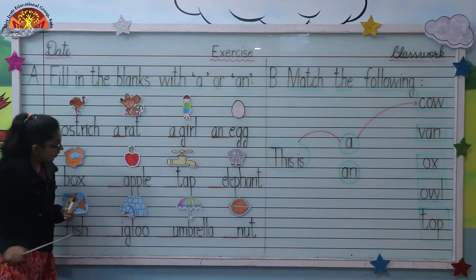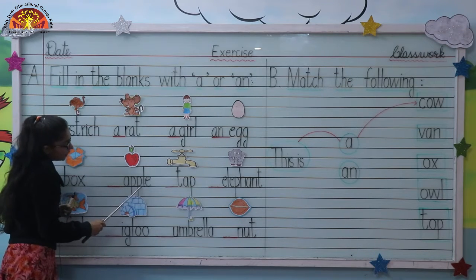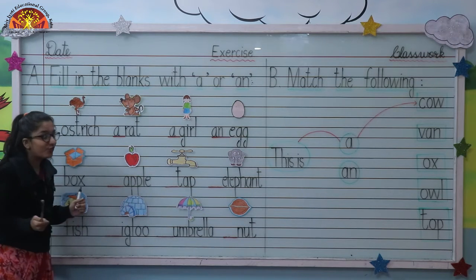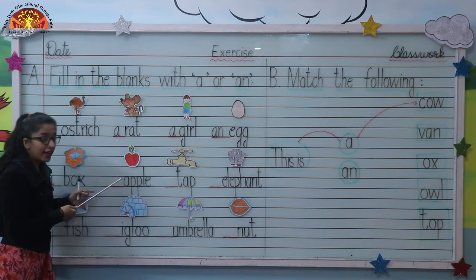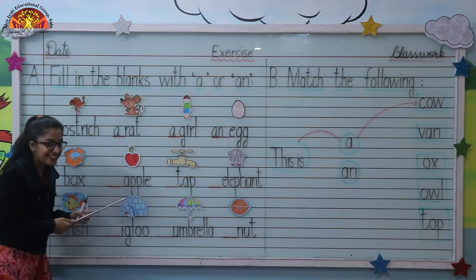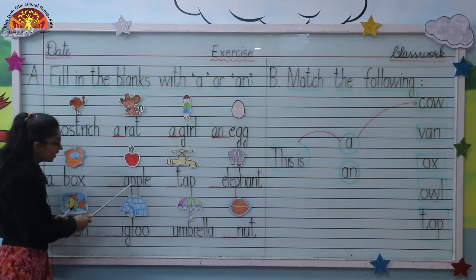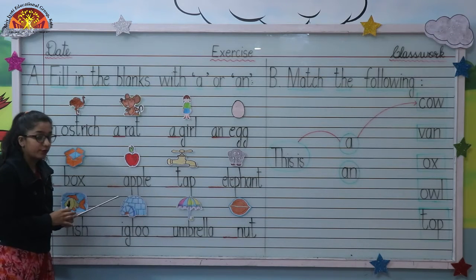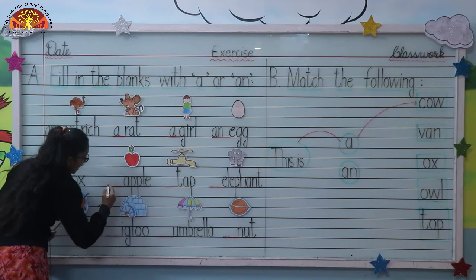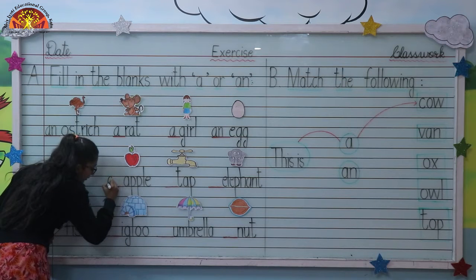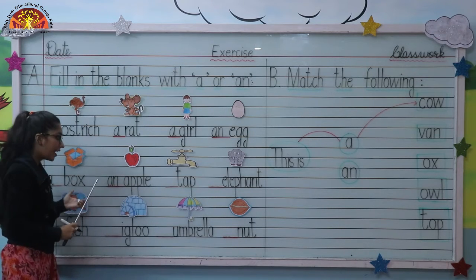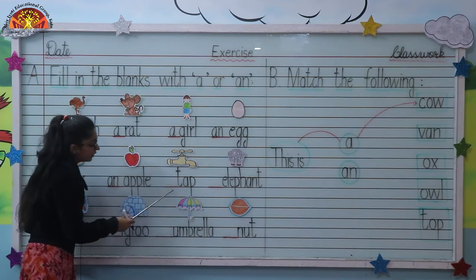Move to next. Dash A-P-P-L-E. Apple. So kids, tell me, what should I write here? A or an? Yes, an, because starting letter is a vowel. So we have to write an before this word. So write an. And next, dash